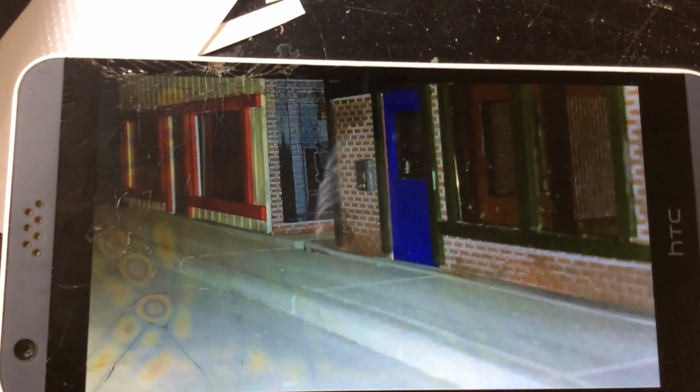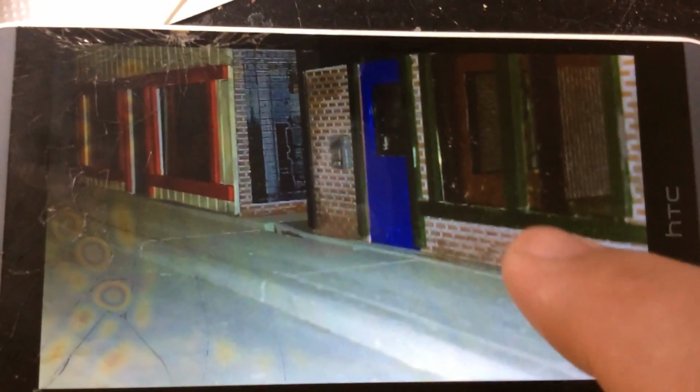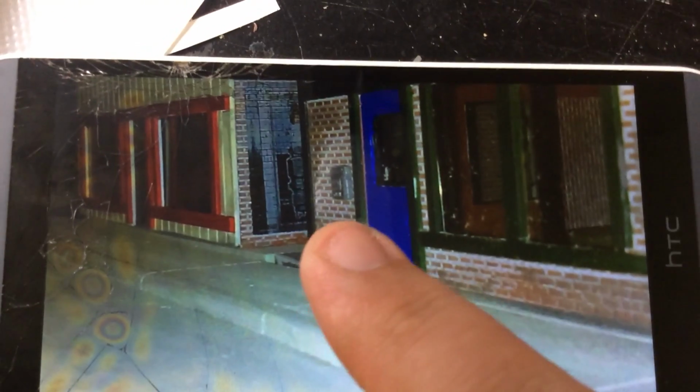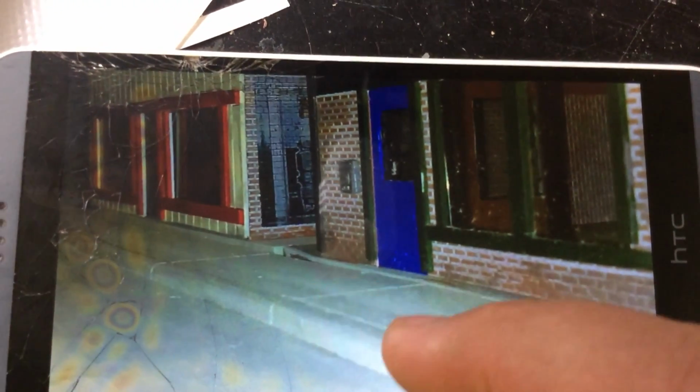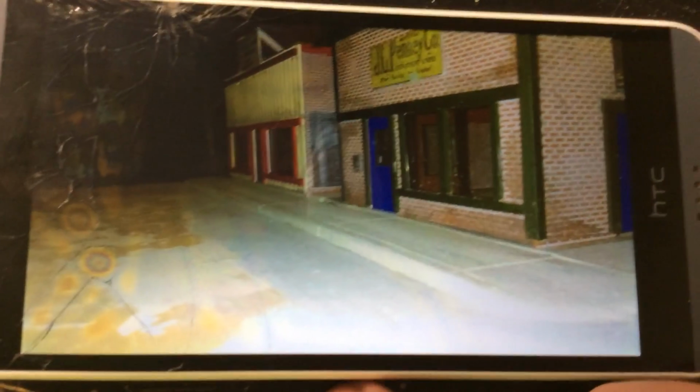I know pictures of pictures on a busted screen aren't ideal, but I just wanted to show you a progress update on the layout. So these are the buildings that I made, and this is the sidewalk. The sidewalk is pretty critical for me. I've been a little bit concerned about it because,